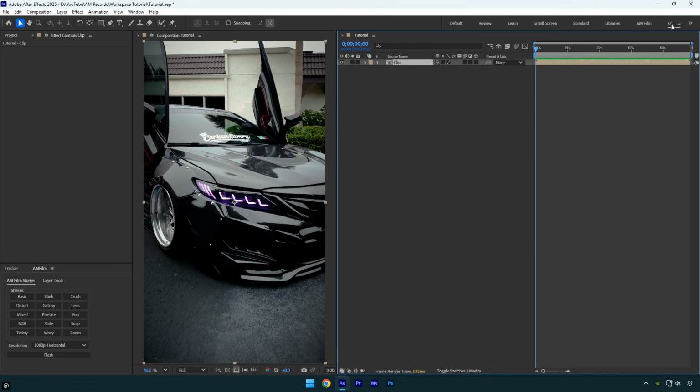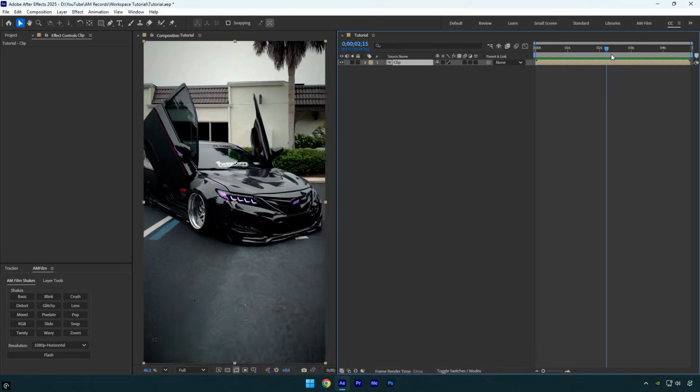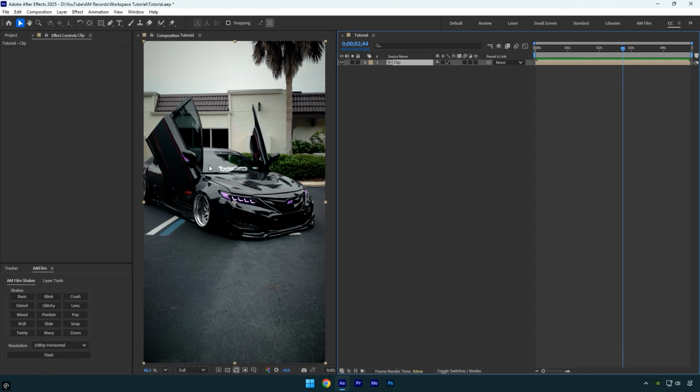saved separately. This workspace is the most comfortable for me because it gives me a large timeline, a large preview screen for better control, and two panels, the tracker and the AM Film UI panel. I don't keep any other panels open since I don't use them often. I try to keep my workspace as clean as possible for a faster workflow. If I ever need an extra panel, like content-aware fill, I simply go to Window and enable it whenever I